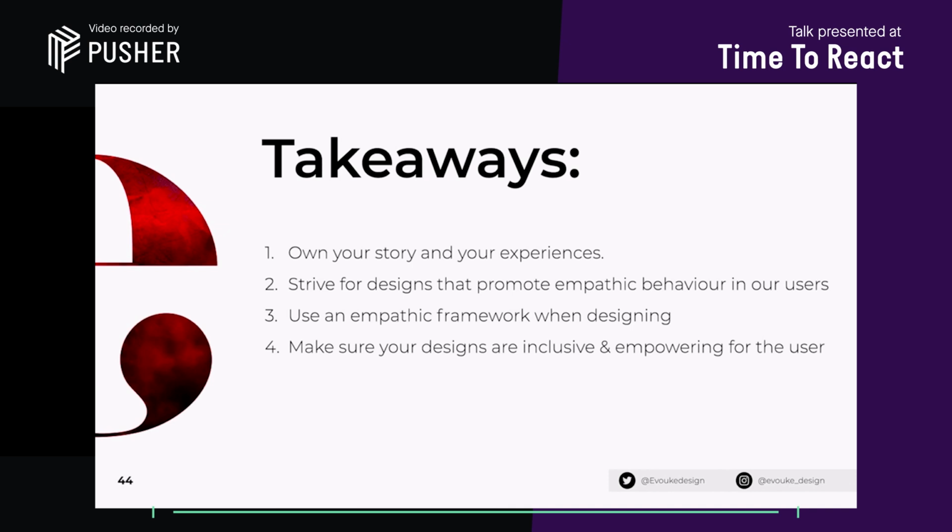Make sure your designs are inclusive and empowering for the user. When Avril said she felt like she had failed, that really hit me. And that is the kind of thing that we're trying to get rid of as UX designers. And don't compromise our users' needs to make something cool. For example, chatbots are all the rage, but ask yourself, is it really the best thing for the user? And will you be able to build it in a way that will be effective and be functional and practical